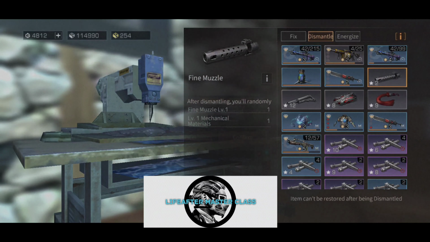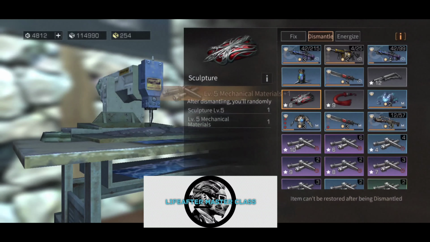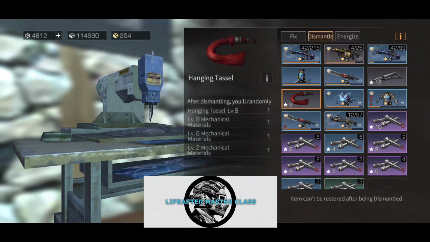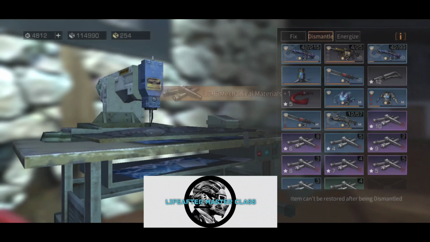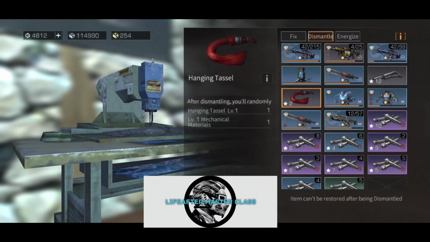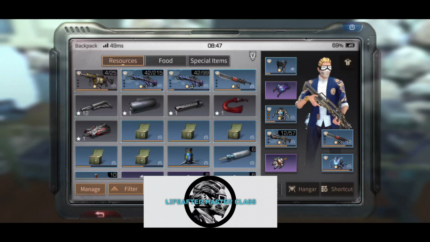So I'm going to show you how I do it exactly. What you're going to do is run over to your repair station. Make sure you have a lot of space in your inventory and start breaking down your mods. Take them off your weapon, take them off your auxiliary, and pull them all the way down. Using the repair station, you're going to dismantle every single mod except for your stock all the way down to